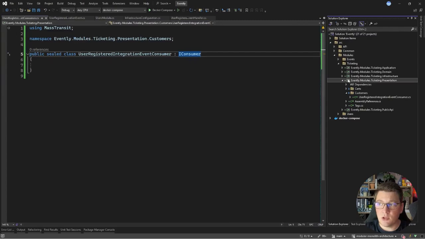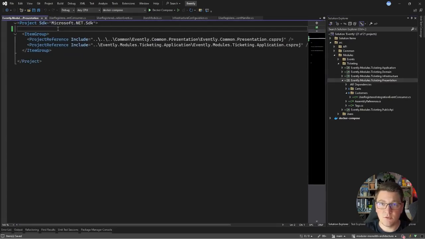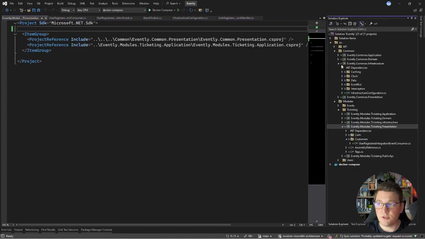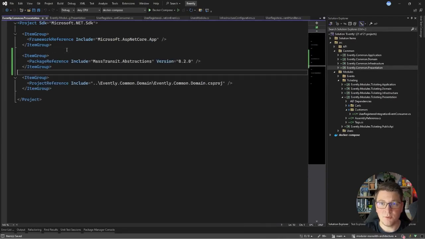However, I will also make an update in my project file and move this NuGet package into the common presentation project so that it's available to our other modules. So let's say right under here, after the frame